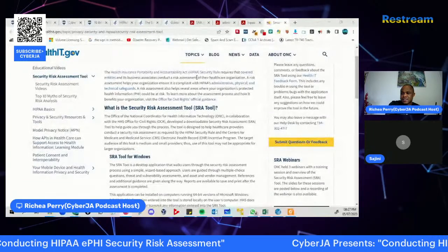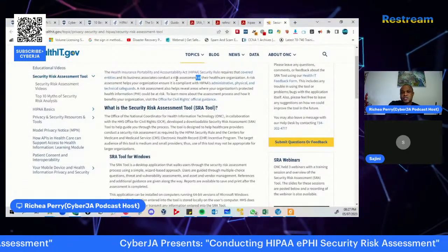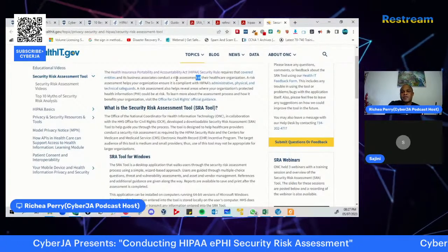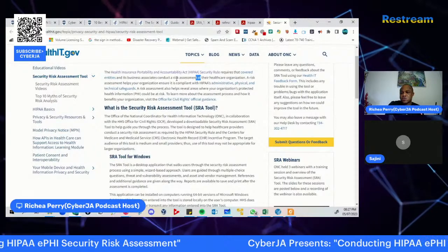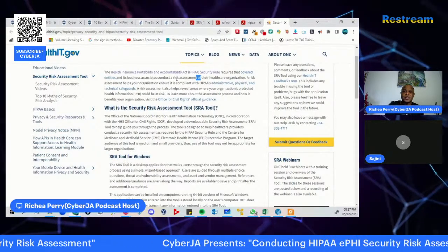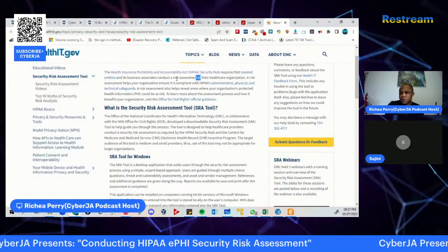This is a task that, if you are part of these organizations, you could help drive, by understanding how this tool works in helping to execute this particular risk assessment.